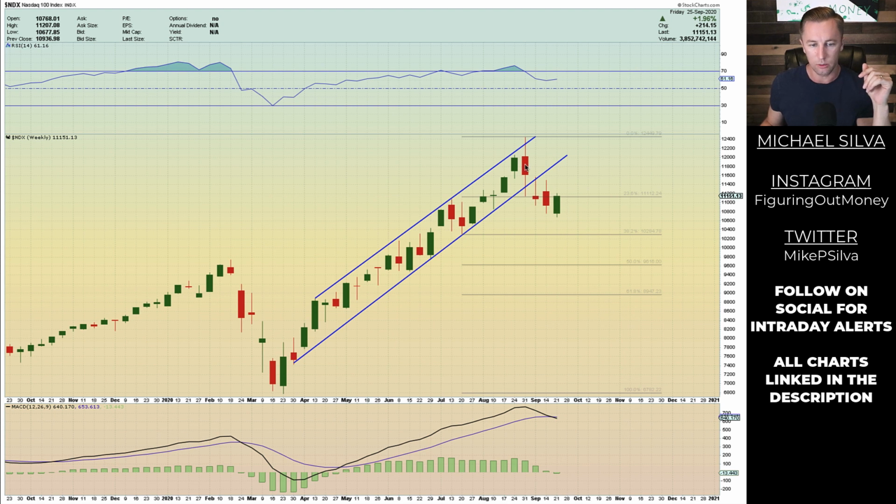So still, it was a good day. It was a good week for the Nasdaq, being able to come back a little bit here. But I'm still not convinced, and we'll get into the smaller time frames here in a moment. The MACD just recently crossed over, and that's one sign right there saying, hey, maybe this might just be a little fake out boost to the upside. Maybe people are thinking right now these buy the dippers are stepping into the market and saying, we might be getting a stimulus deal. I'm going to be going long into the market right now. I think things are going to go good.